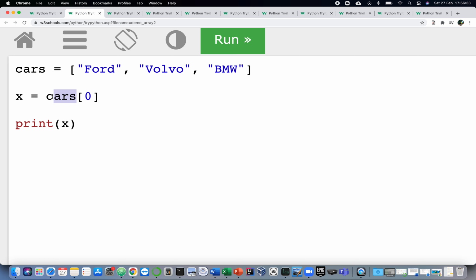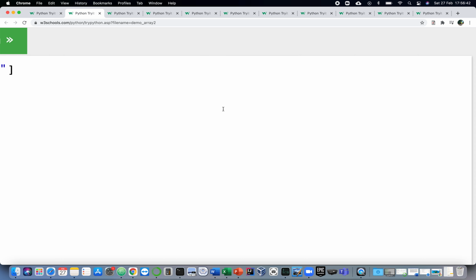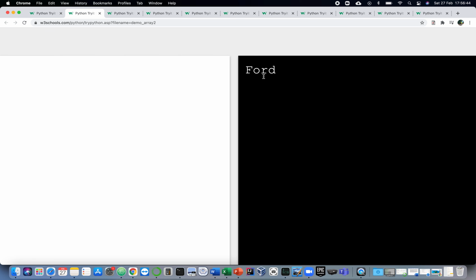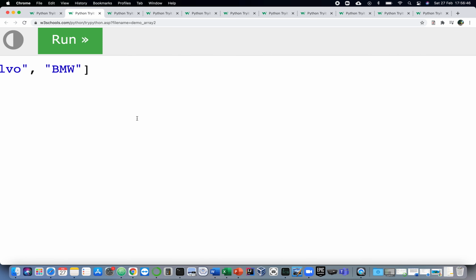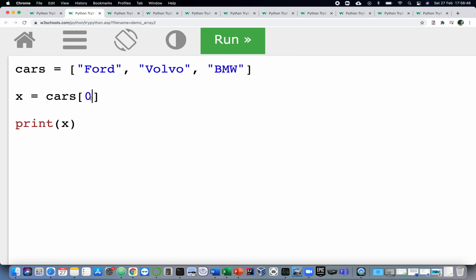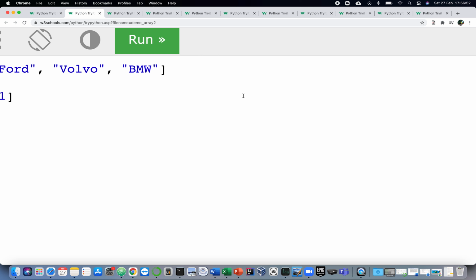I'm saying go to this array, find the item at 0, save it into X, and then print it. If you run that, it will get the item at location 0. If you do that for location 1 and rerun it, it will give you Volvo, and as you can see, it gives you Volvo. Okay,